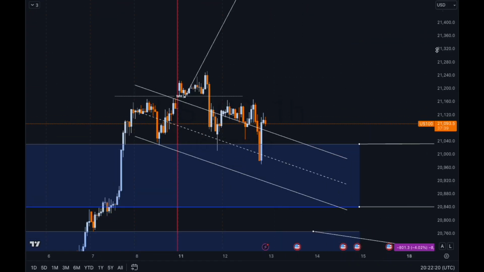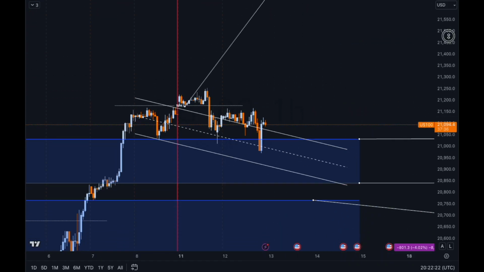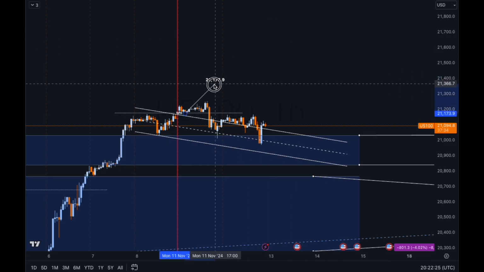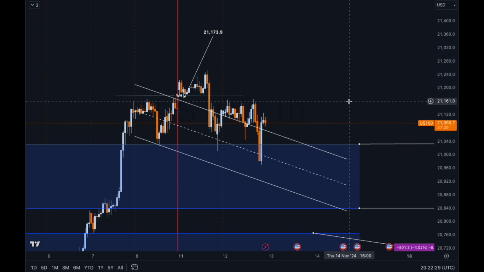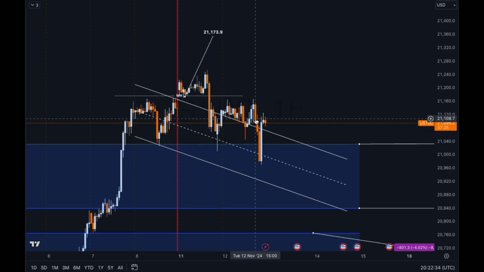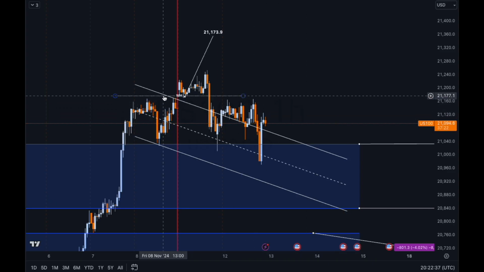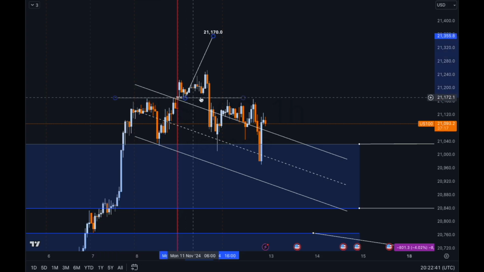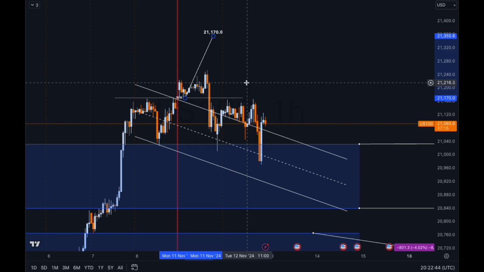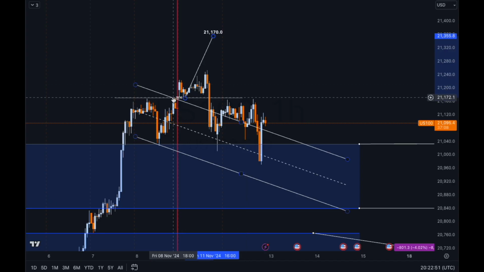which was, if I can just get this in, let's expand it back again, which was set for us at 21173.9. So that is the Friday high that was set. Let me just bring this down just a little bit, to about here. Let me re-quote that number again, just to make it as precise as possible. So that was 21170.0. So this is where the weekly high that was set on Friday was at,